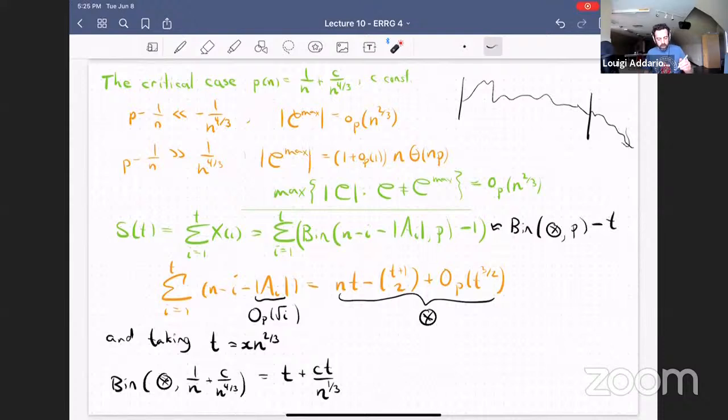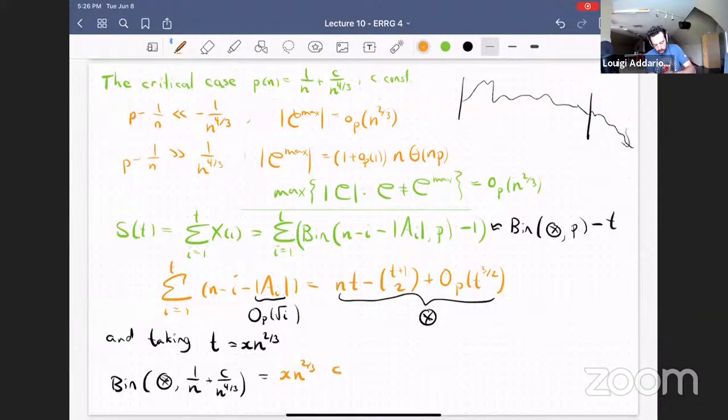Great. Okay, so let's use this value of t in this computation. So nt times 1 over n is going to give us just a t, which is like x n to the 2/3, and then nt times constant on n to the 4/3 looks like, so we get n to the 5/3 on top, and then n to the 4/3 on the bottom. So that'll give us